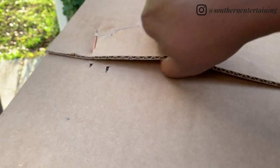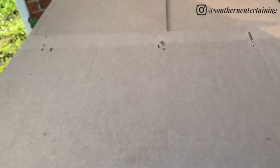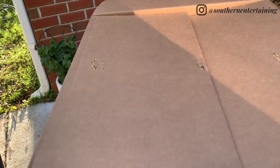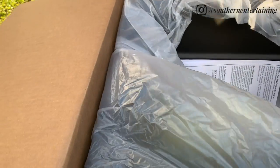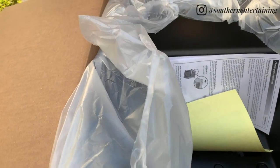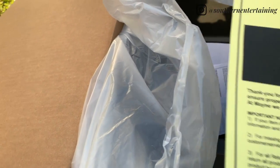Let's see if I can do this one-handed. They have these heavy-duty staples in here. But these pots are supposed to be self-watering. Now, I don't know if they're like the Crescent Garden pots that I got, but anything that'll cut down on watering, where I don't have to go outside every single day, I am super fine with that. Super fine. So these are 20 by 20 by 20, but I didn't read the inside. The outside is 20 by 20 by 20, but the insides are like 15 by 15 by something. But anyway, they are self-watering, and these are by Mayne,